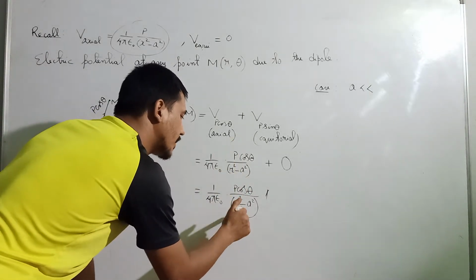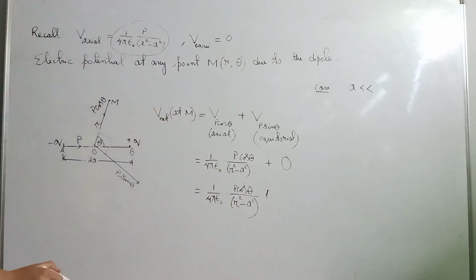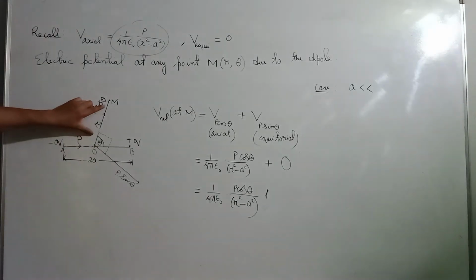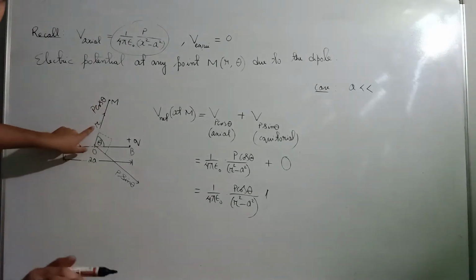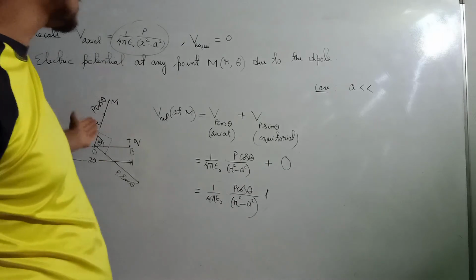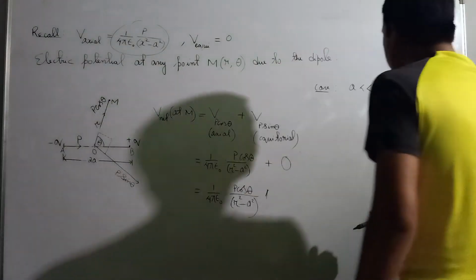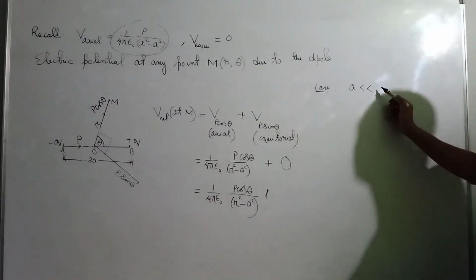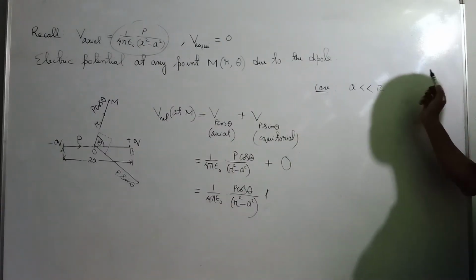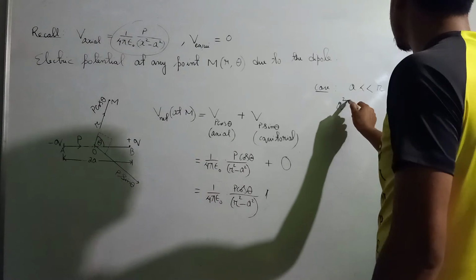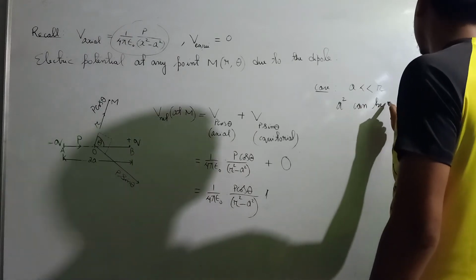Or you could have taken this distance to be x, no problem, same thing. So if the dipole is of very small length, then a will be very, very less as compared to r. In that case, a square can be neglected